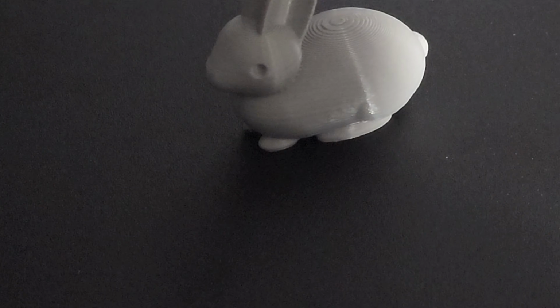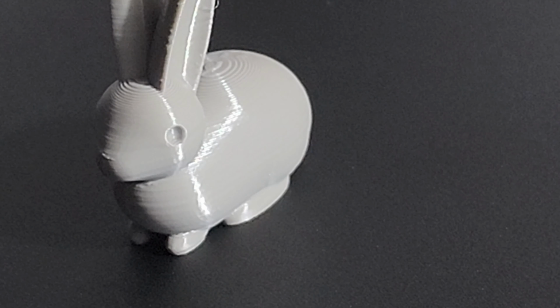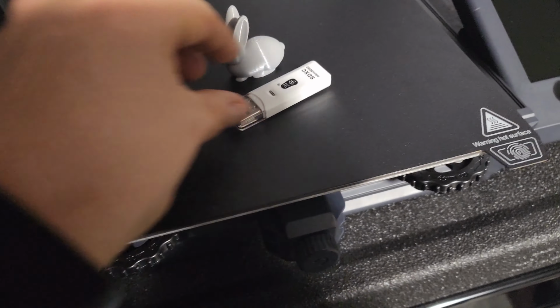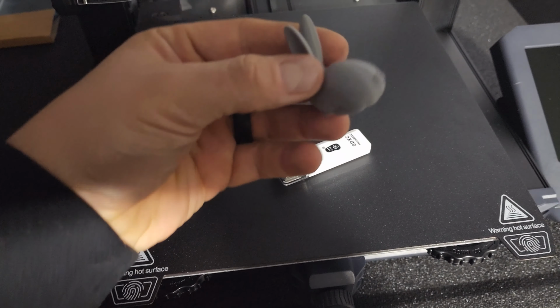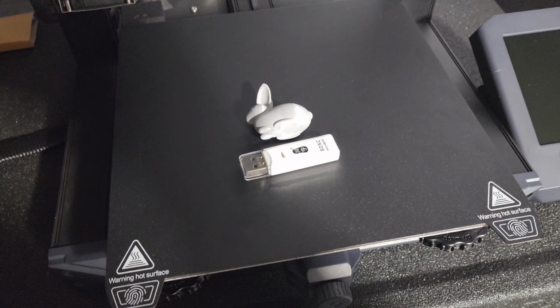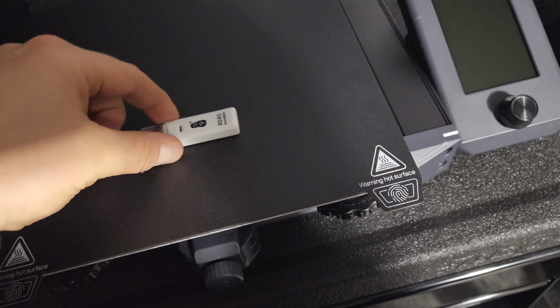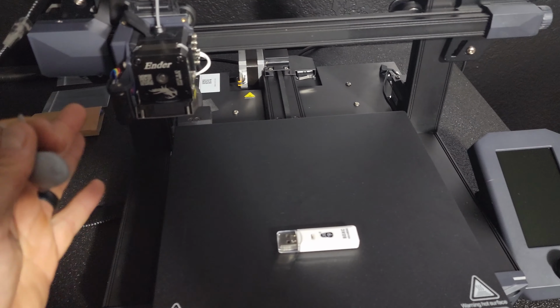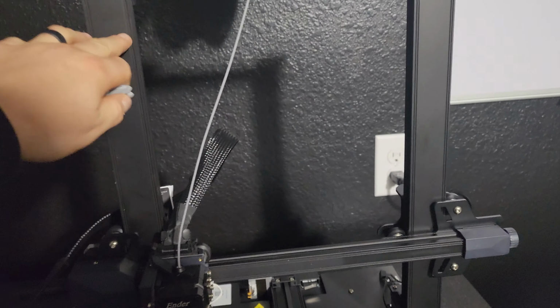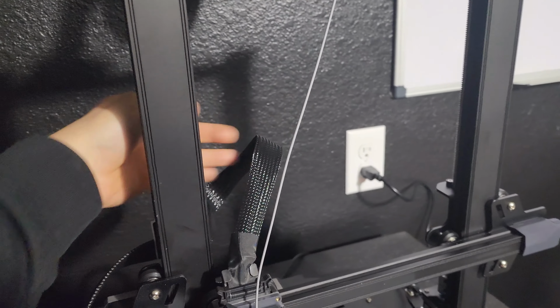If you got a print that you're trying to do, obviously do a small test. Try to do the smallest test that you can. Let me give you a size comparison of this bunny. There's the USB. I thought the bunny was a lot bigger than this, but it's actually pretty tiny. But considering how small that bed is, you're really not going to be printing anything that big, wide, or tall, because you're cutting into that point, and then you don't want to bind anything up here and then stuff over here. So